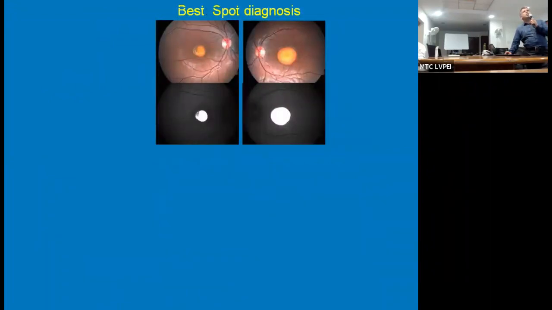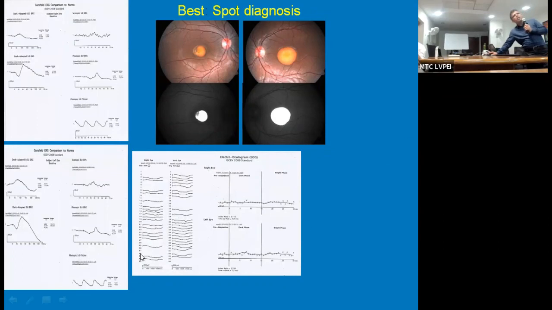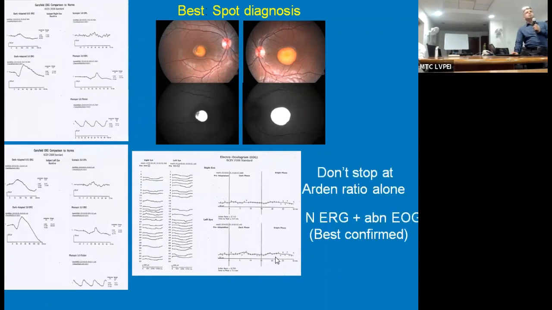Egg yolk-like material, bilaterally symmetrical, that shows bright hyperautofluorescence, is almost a spot diagnosis for Best macular dystrophy. With a normal ERG and a flat EOG, as we can see here, there is no light rise. We discussed there is a dark phase and a light phase. Normally it should rise up like this. It is not going. So it's diagnostic of Best disease.